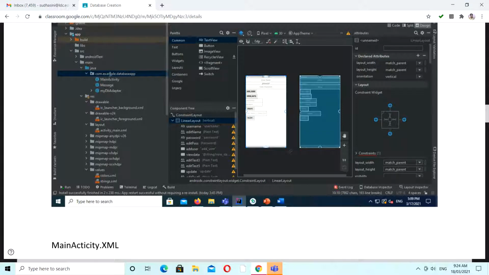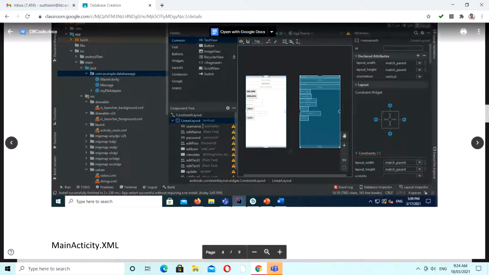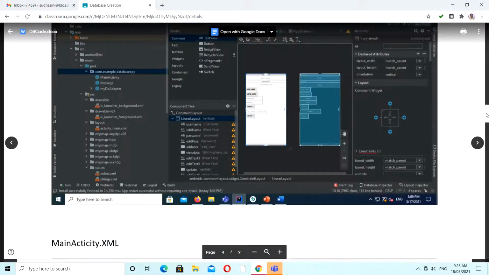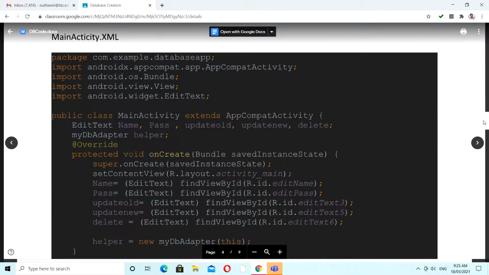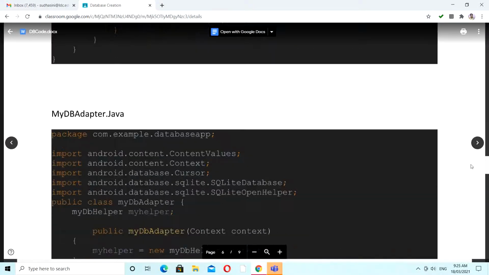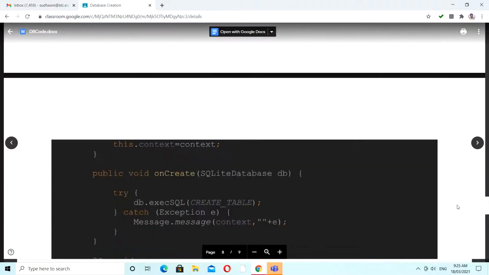How you have to create is you have to right click here and then click on new. Okay, so afterwards you have to choose the Java file apart from the activity. Within your Java file you can give a name like message and then MyDB adapter. So I will let you know how this message and then MyDB adapter is going to work, I mean what sort of code is there to work it out. At the very first, we will move on to the messages.